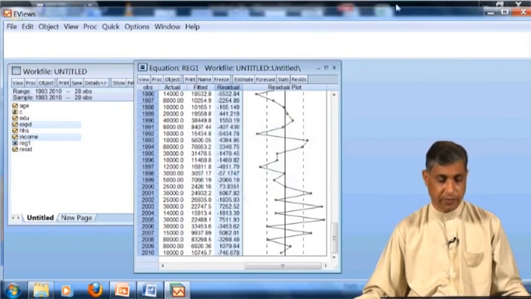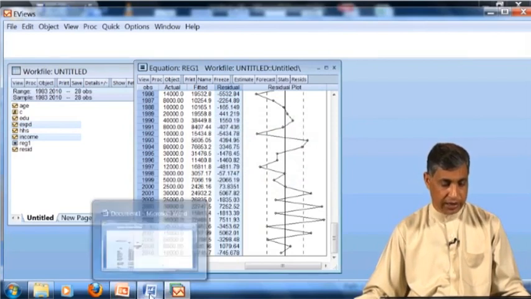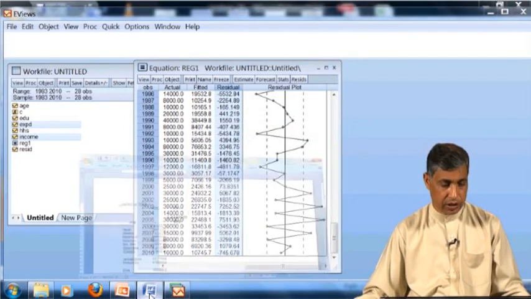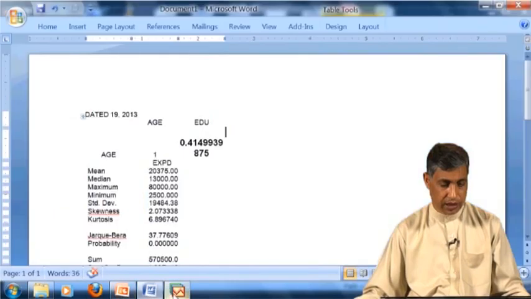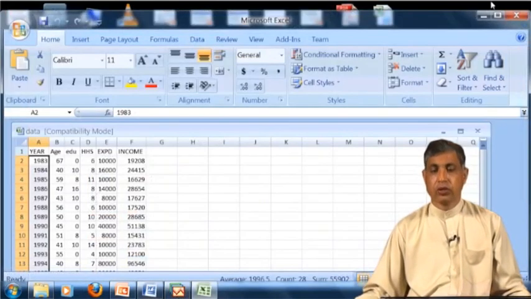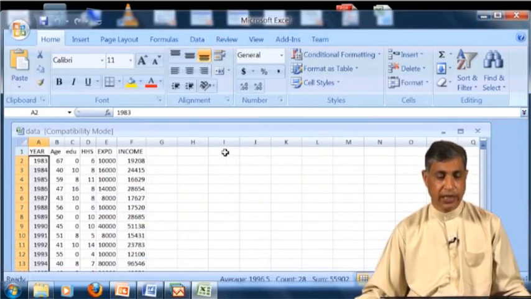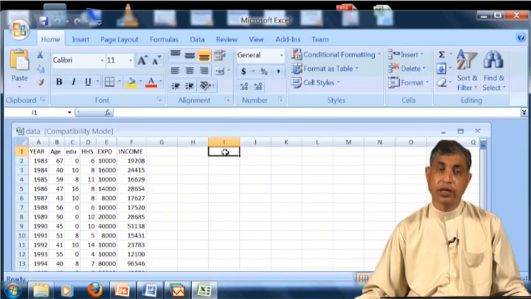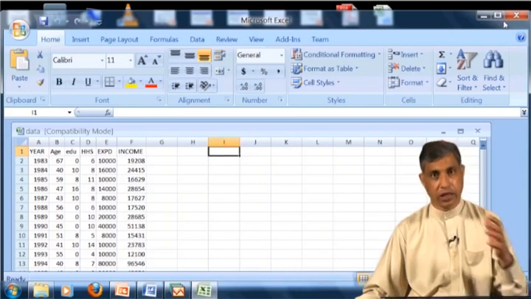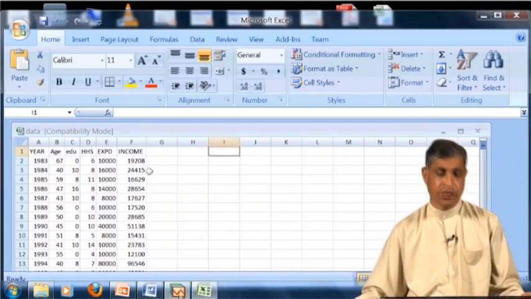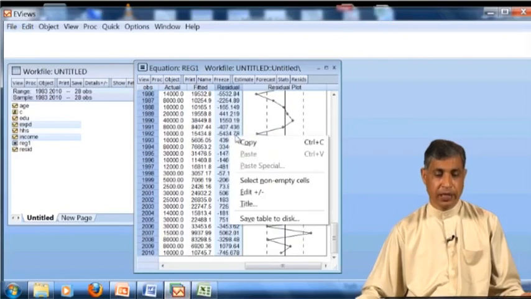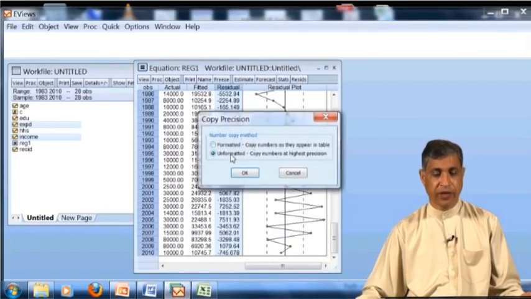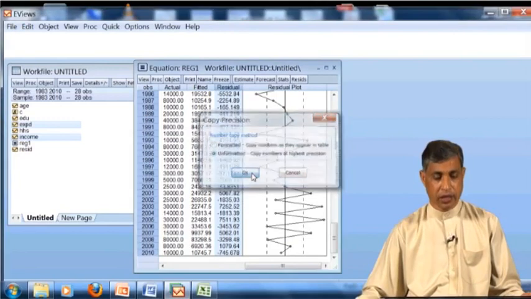Okay, let's see what happens in Excel, and we will go into the Excel sheet. Where is the Excel sheet? So we have copied it, and we are going to paste it so that we could sum it up. Here you will copy it, and it will ask unformatted, then OK.